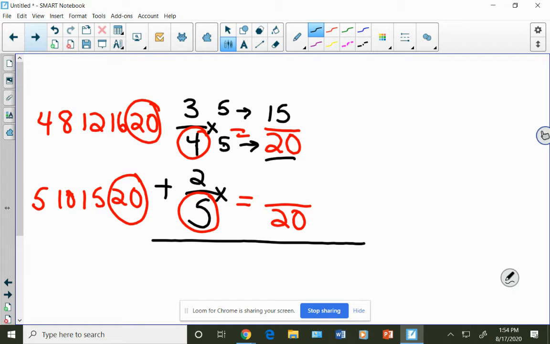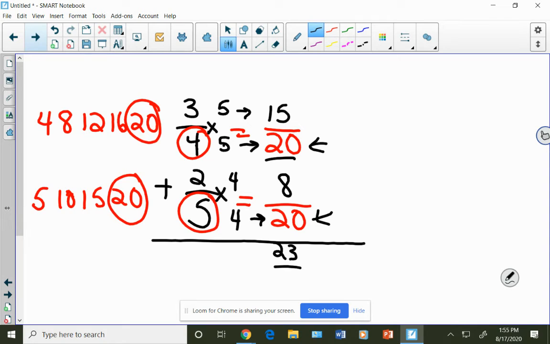Same thing on the bottom. 5 times some number gives me 20. Well, that some number is 4. And whatever I do to the denominator, I have to do to the numerator. So if 5 times 4 is 20, 2 times 4 is 8. Right? Now that the denominators are the same, I can add. Now the denominators are the same. And the answer is going to be